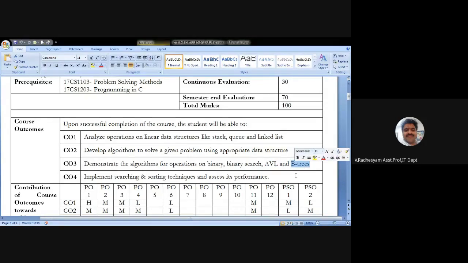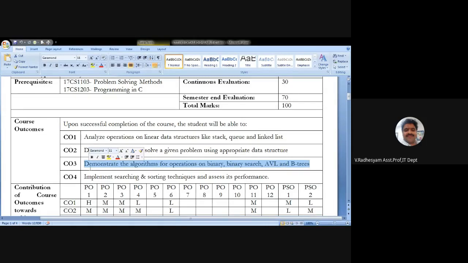Of course, we did not include graphs in the CO3. All these combinedly are called non-linear data structures. Right? So the CO1 deals with linear data structures. CO3 deals with non-linear data structures. Fine. So we understood that there are two types of data structures. One is linear and another one is non-linear.